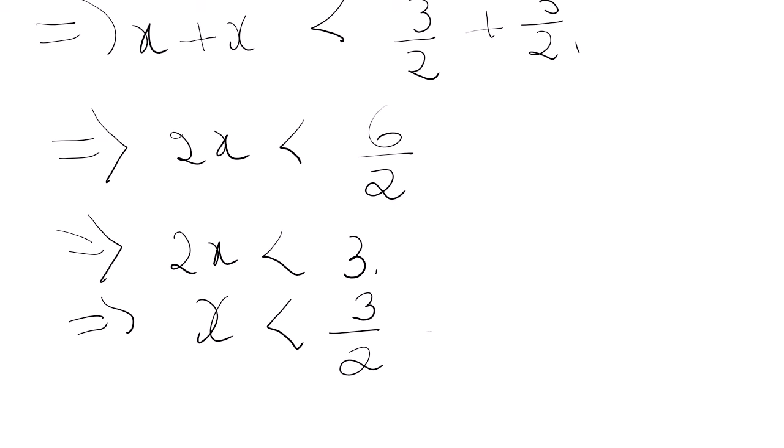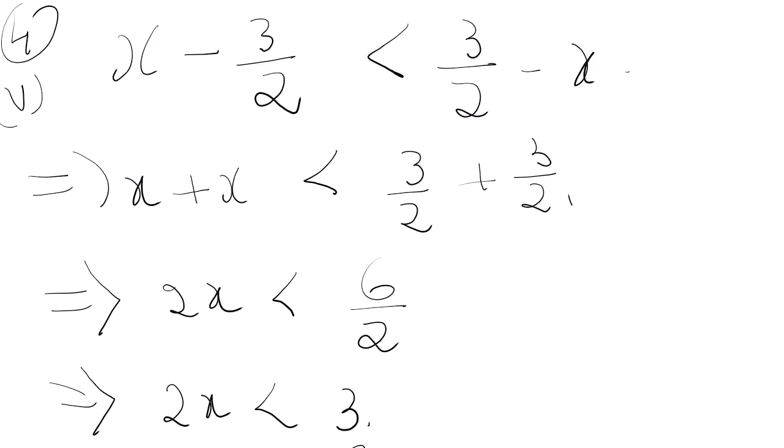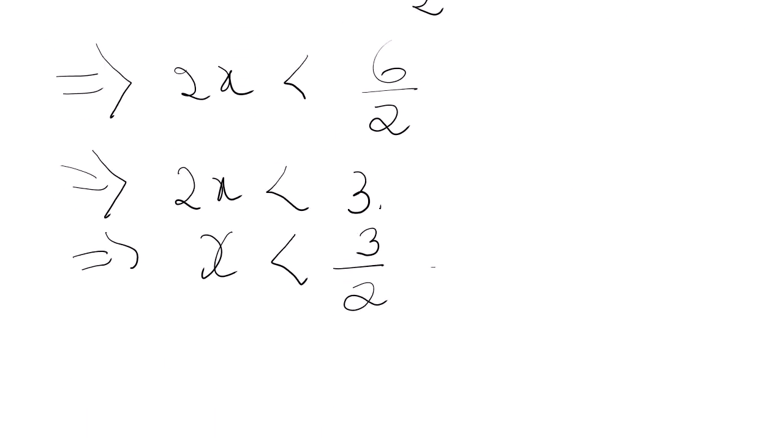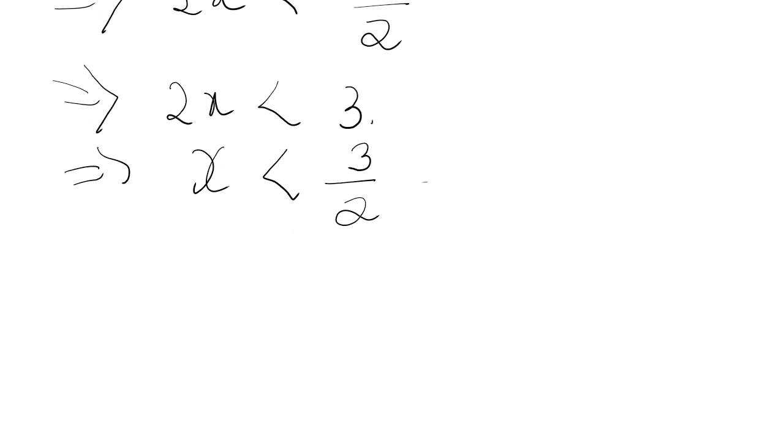So here x belongs to whole numbers is the question. Whole numbers means 0 also is an element. So x is equal to 0, 1, 2, this is less than 3 upon 2. Okay? No, 2 will not be there. Why? Because